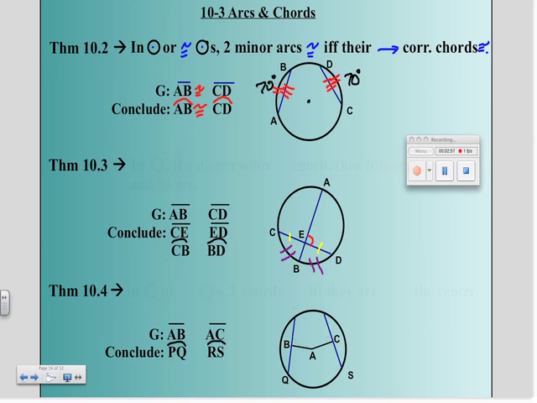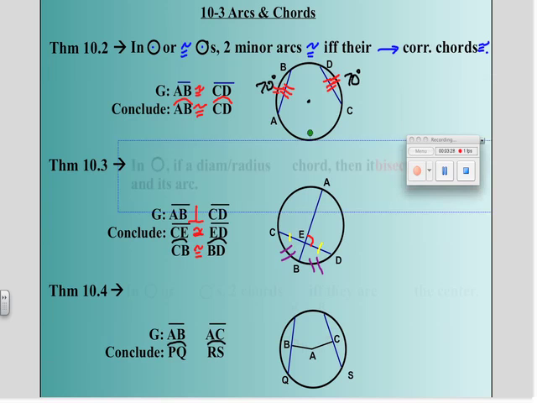So if you know that a diameter AB is perpendicular to the chord, as you can see from my markings, you know that the segments will be congruent. Segment CE will be congruent to ED, and the arcs will be congruent as well,